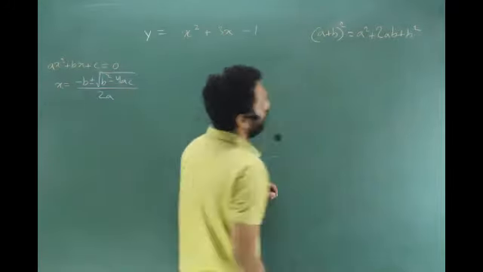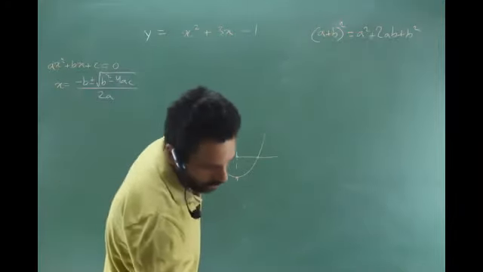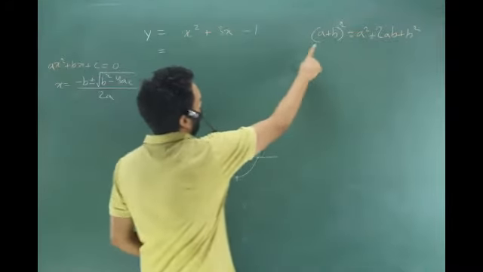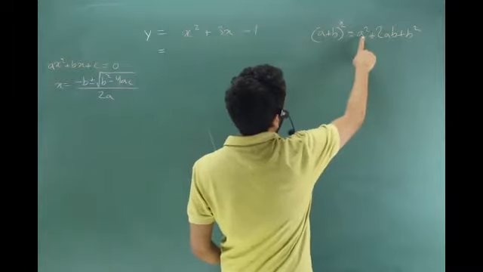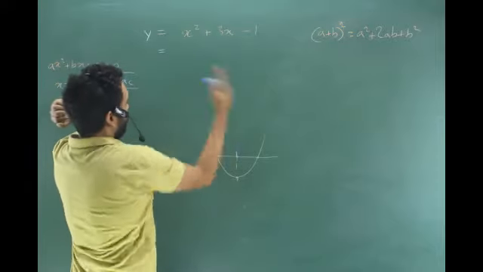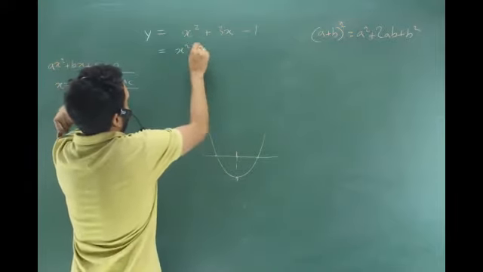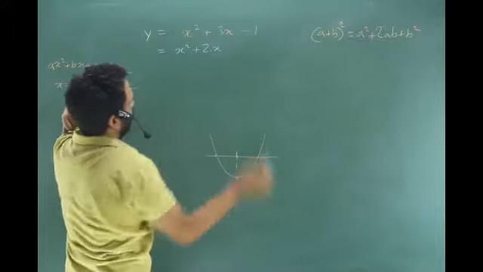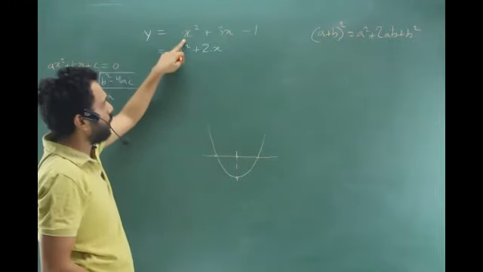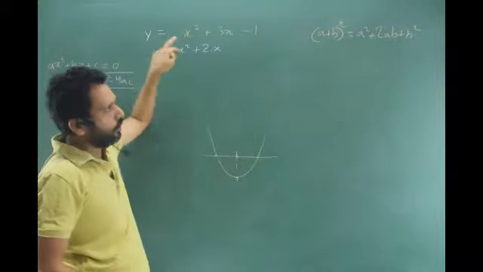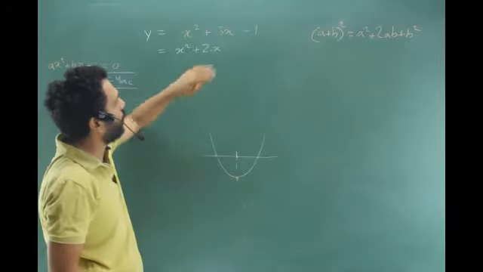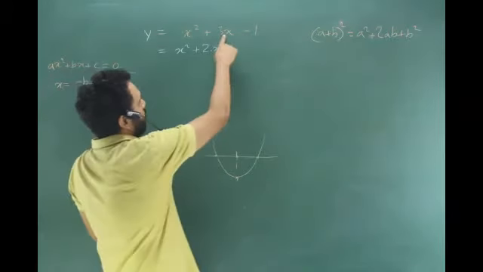Without a 2ab, you can't have that formula going, and I want that formula going. If it was a minus 3x, then I'd go for the formula of a minus b the whole square, which is a square minus 2ab plus b square. So that hardly makes a difference in the method of getting it. So x square plus 2x something, if I don't have it, then I can't do it. If you have your x square, you'll write so much blindly. Because if you don't have a 2x, you have nothing. And then you'll say, oh my God, they did not give a 2, they gave a 3x. But this I can't change.